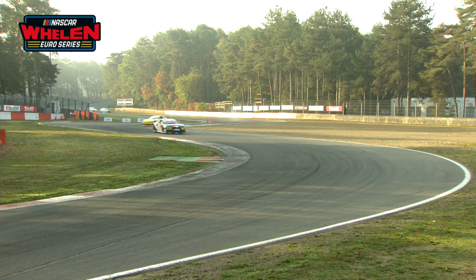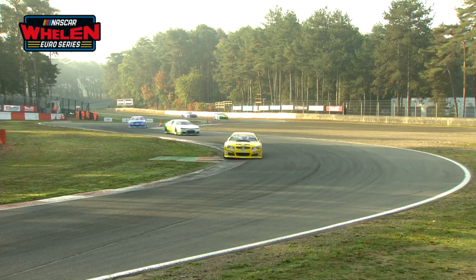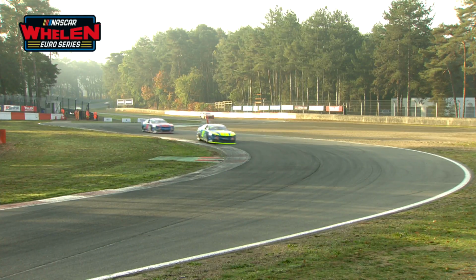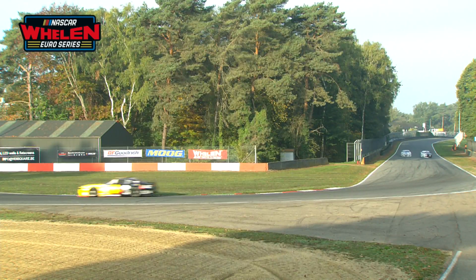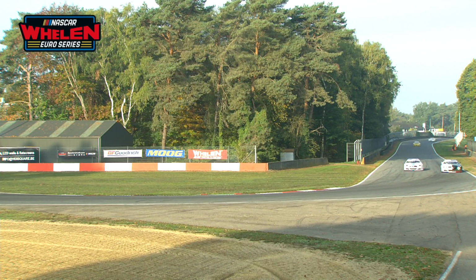So through the Villeneuve chicane there goes, it looks as though the car that's second in the queue is Stinis Longines. There's the white and black car, that's Fred Gabillon. He's being chased around by Thomas Ferrando at the moment, and by the look of things Alan Day, who was first out of pit lane, is sort of fifth in the queue at the moment, but has importantly found himself a little bit of clear tarmac, whereas Thomas Ferrando and Fred Gabillon are going side by side by the look of things